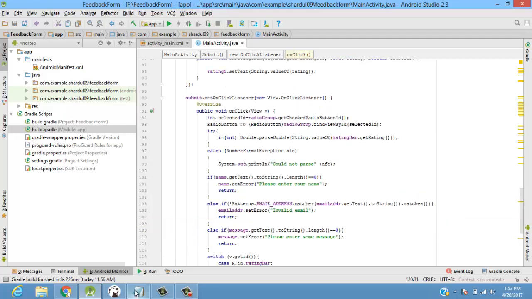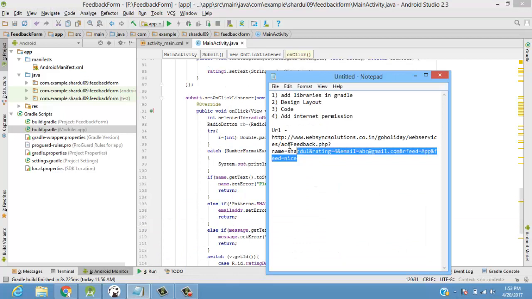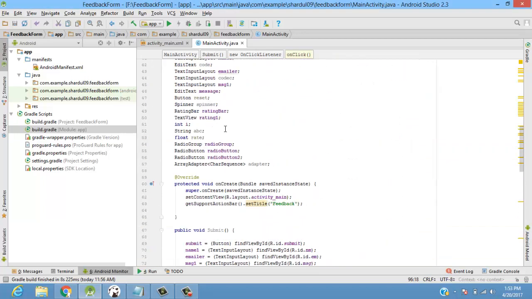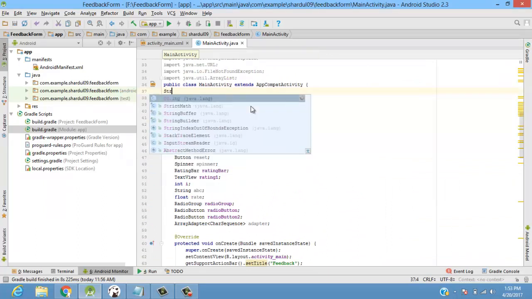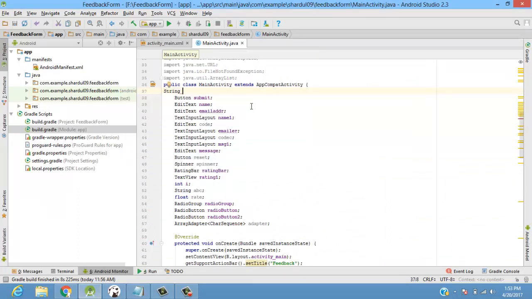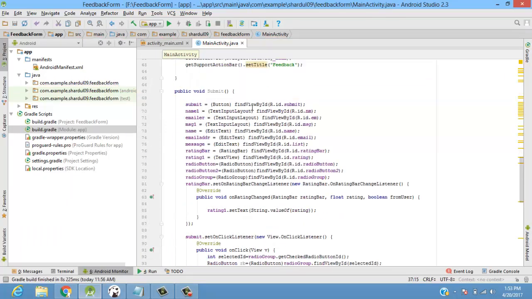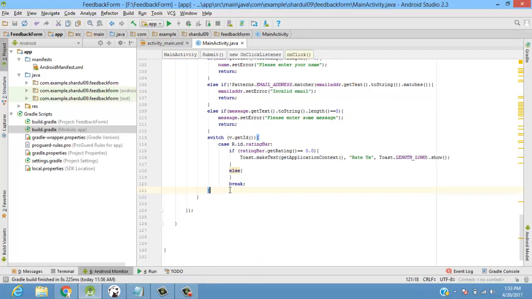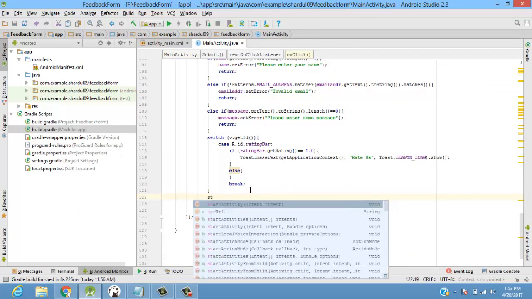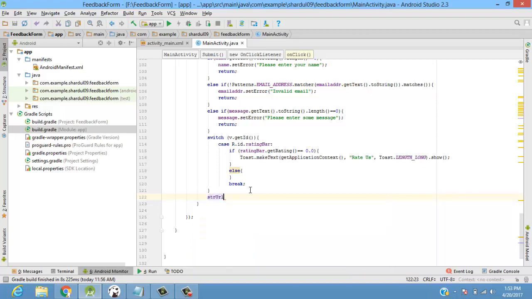So now we have to pass this URL, right? We have to take this URL and pass all these parameters to this URL. So we'll copy this URL, we'll declare a string over here, global declaration of a string strURL, and we'll call that particular URL over here. Okay, after the break statement, but inside our method, string URL equal to, we'll simply copy this URL